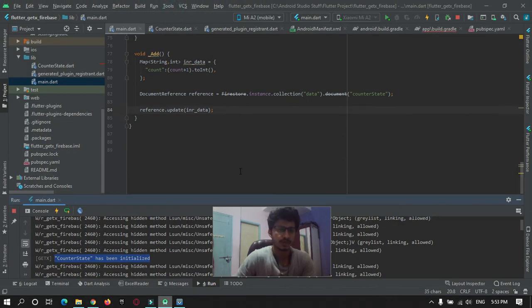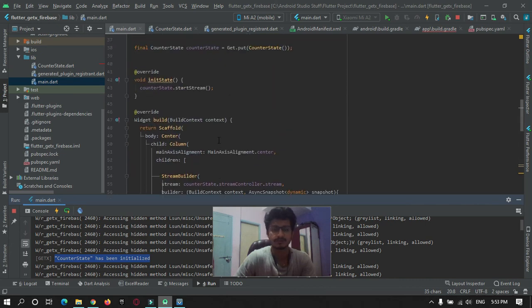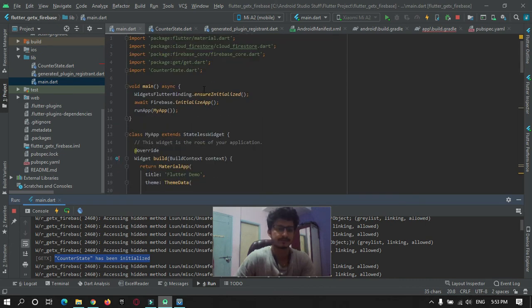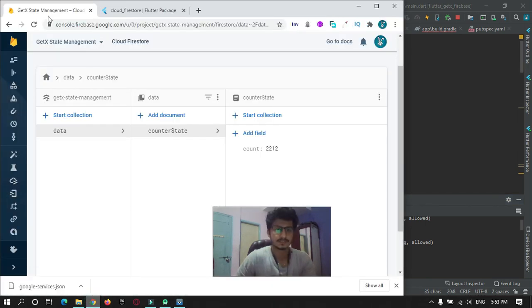So I will briefly explain what we have done in the code. So first of all, we have created a Firebase project in the Firebase console.